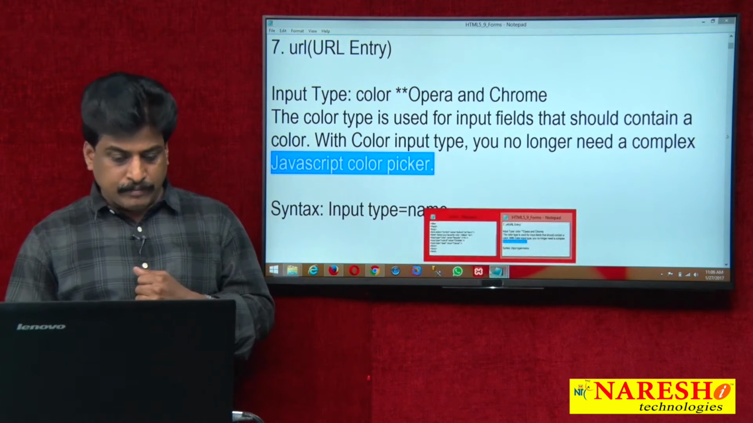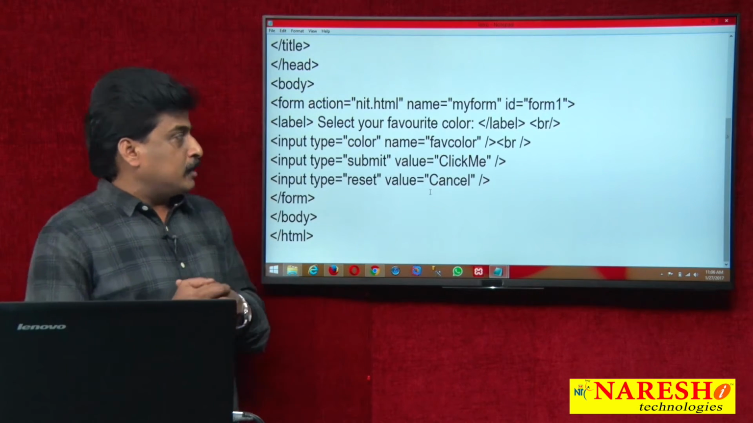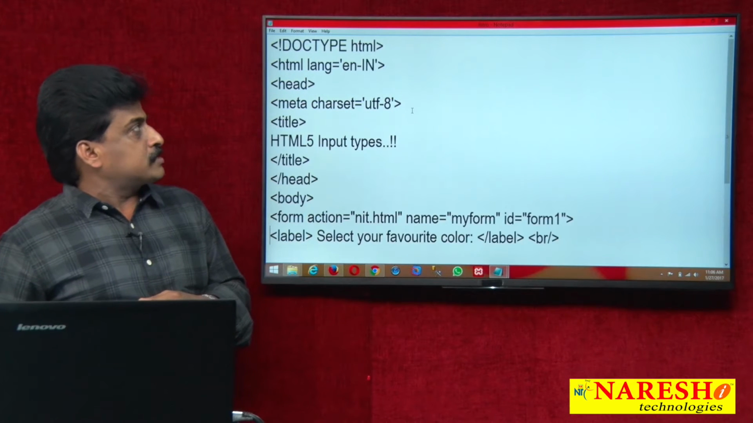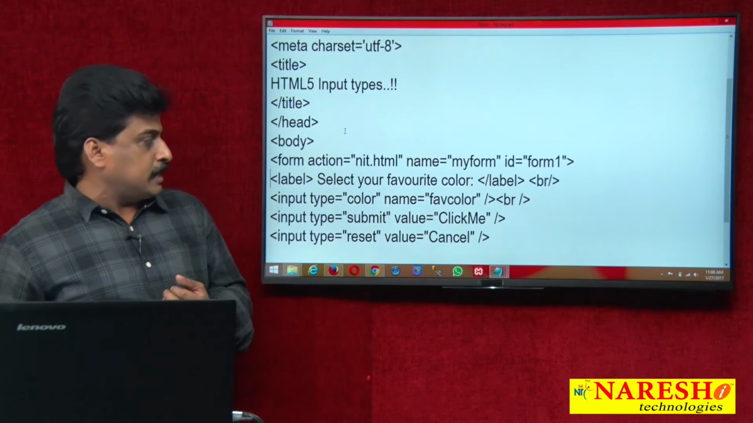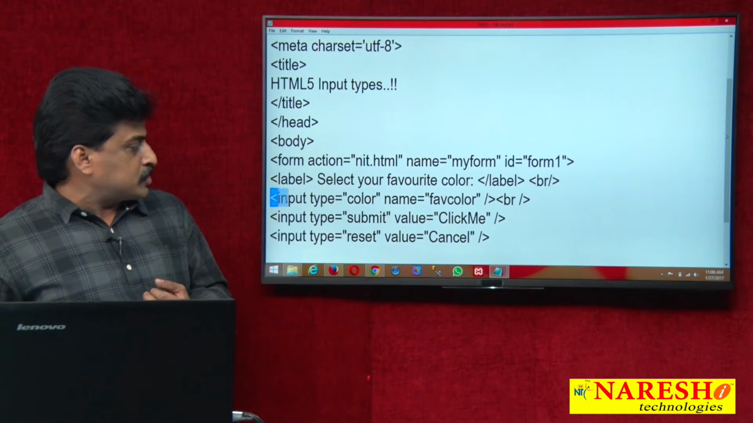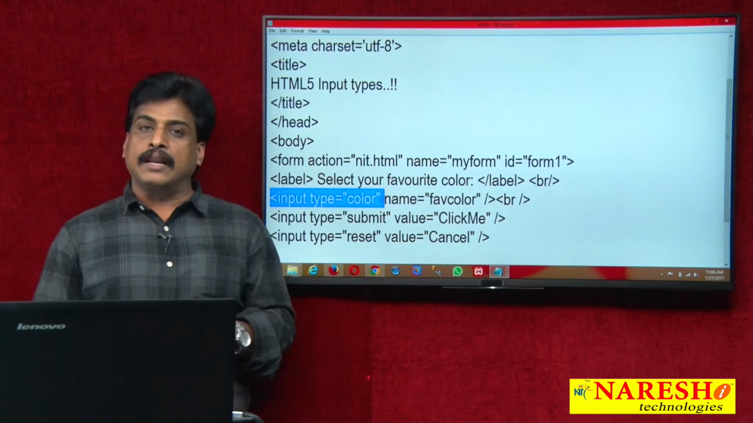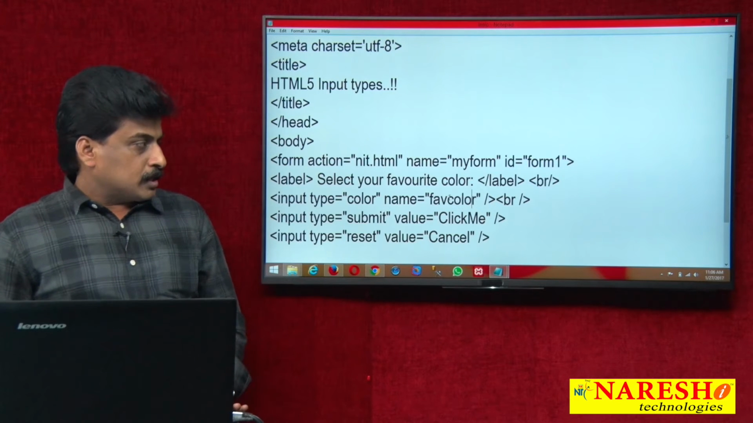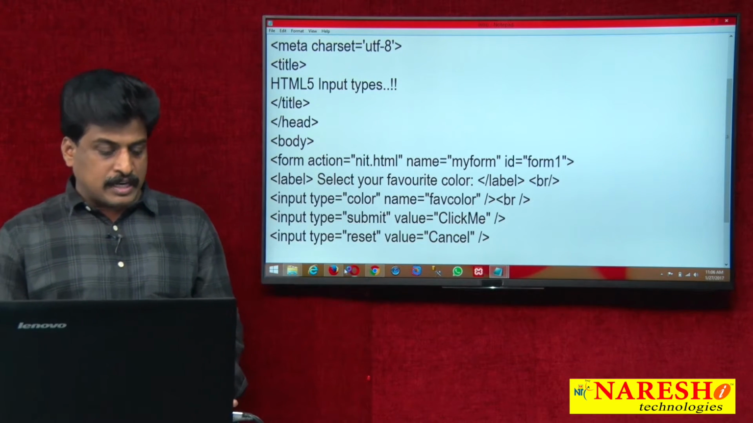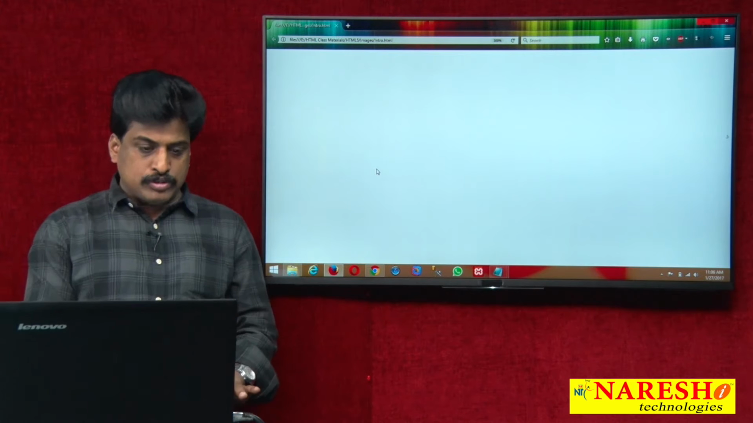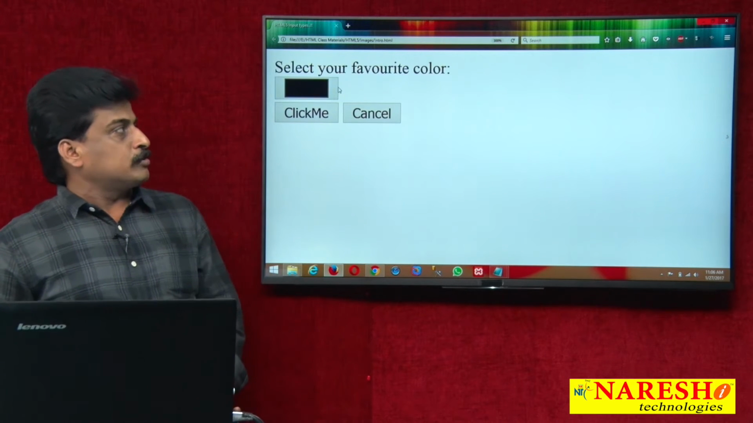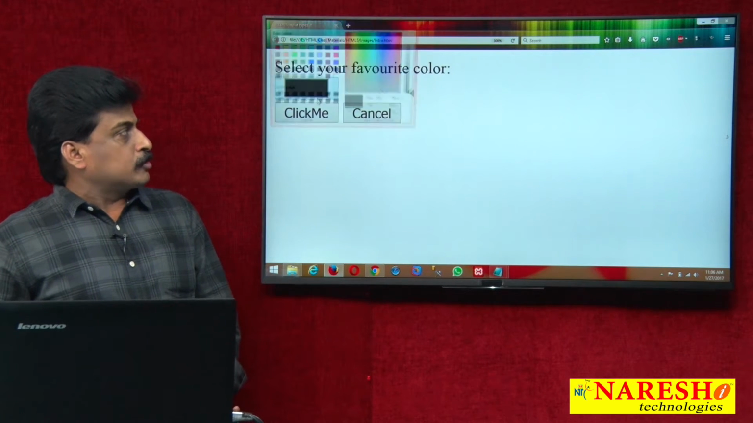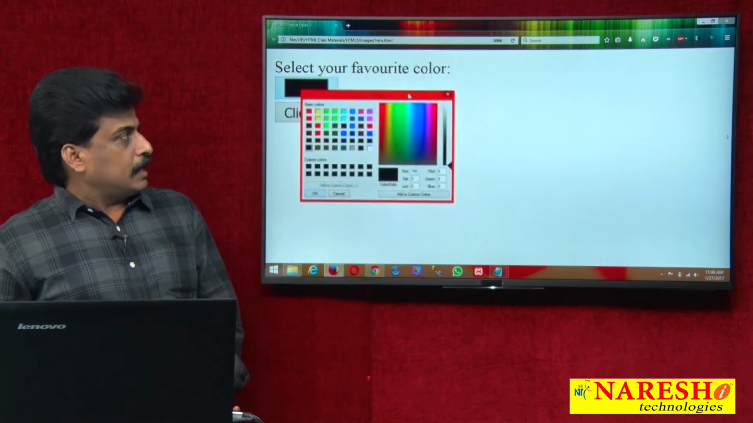Input type is equal to name. Let's come to the practical without wasting our valuable time. I implemented the same thing previously with whatever logic is there, but right now I simply changed input type to color. Generally, name we use for JavaScript purposes. Now if you run the same example on any web browser, you can select your favorite color and click on it. Once you click, it displays